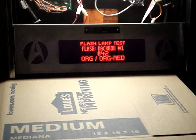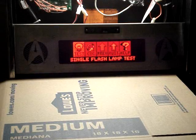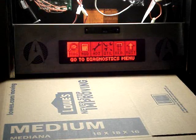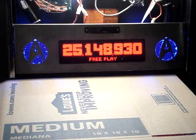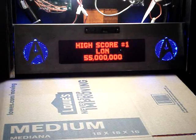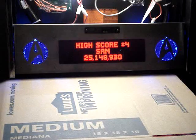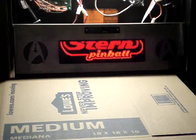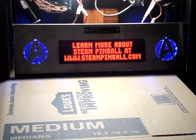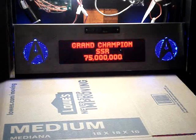in order to keep the computer control of the flasher, instead of having them light up solid, which I was originally going to do, till I found out that it was in the code for the computer control and for them to be on all the time, and they can turn them off and turn them on when they want to in code. Now, the code's not finished yet, so they're probably going to do some stuff, hopefully, with the flasher. And that's why I wanted to make it so that it was more original, but the LEDs were brighter than what it was